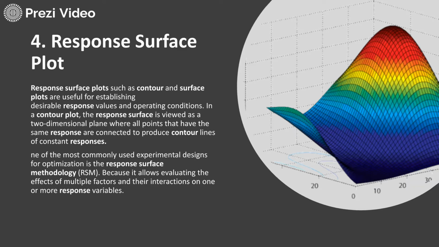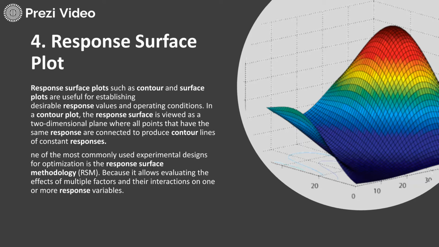So when we have these experimental research studies, these response plots give us a pictorial representation of data in a very different way, by which you can analyze different variables and different types of factors simultaneously in a single graph. So response surface plots such as contours and surface plots are widely useful for establishing response values and operating conditions. So if I give you, for example, under different temperature conditions or different pressure conditions, what is the strength of the material, what is the status of your product.